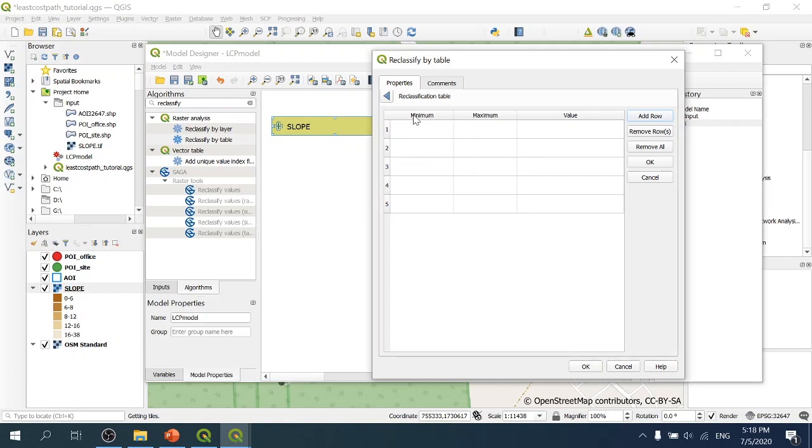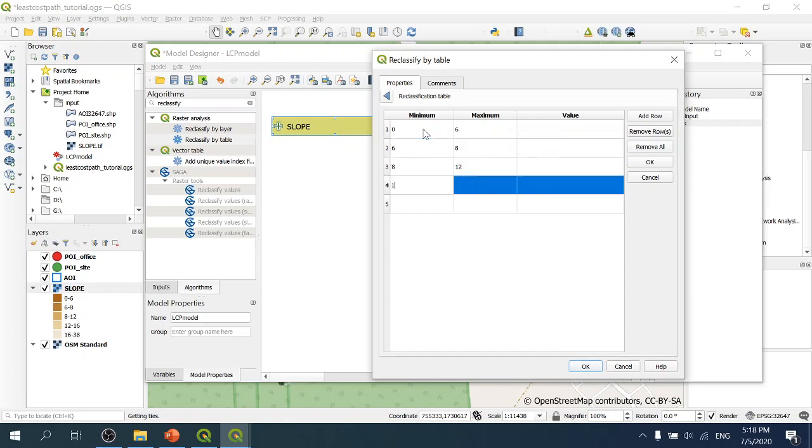And then this is the range of the input and the value of the output image. I will copy the range of the input first. This first class is 0 until 6. Second class is 6 until 8,